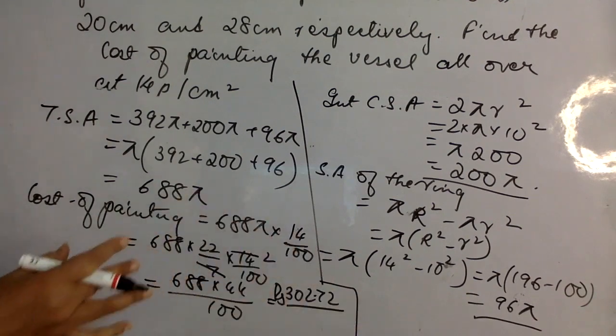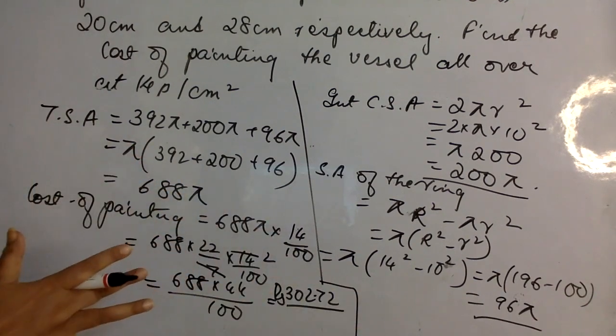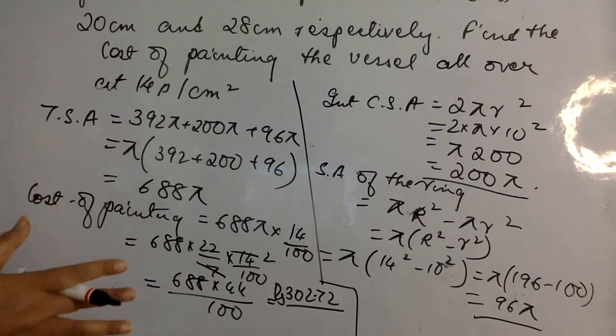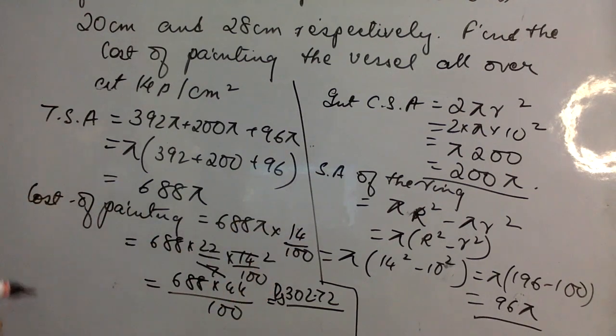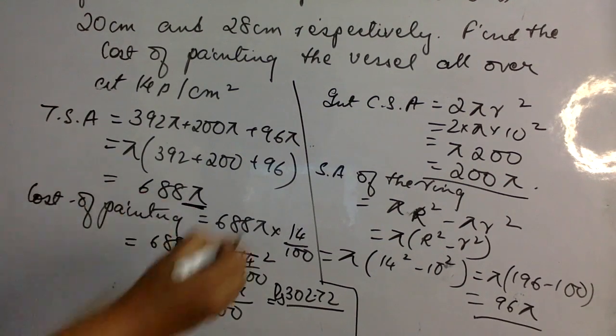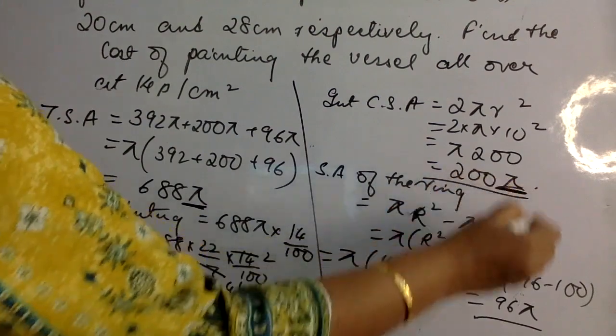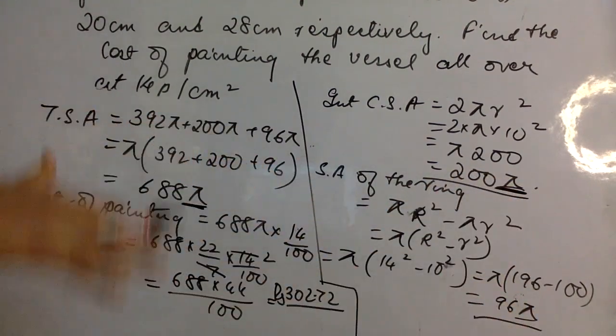That is the cost of painting this hemisphere all over when the cost of painting is 14 paise. So what is important here in this sum is not to use up the pi anywhere, not to get everything in terms of pi. See, your answer is going so